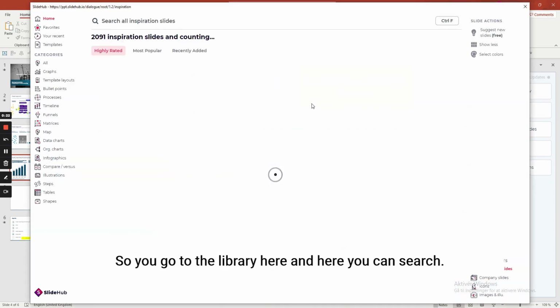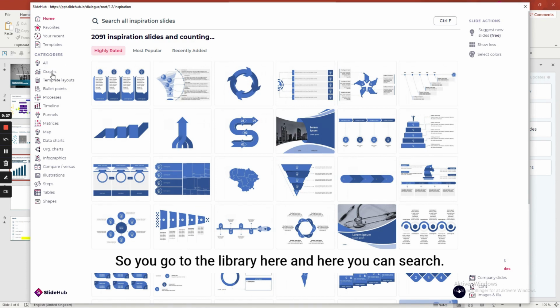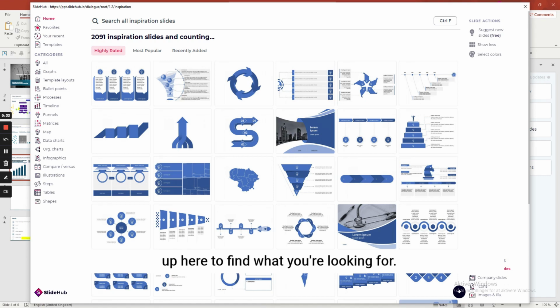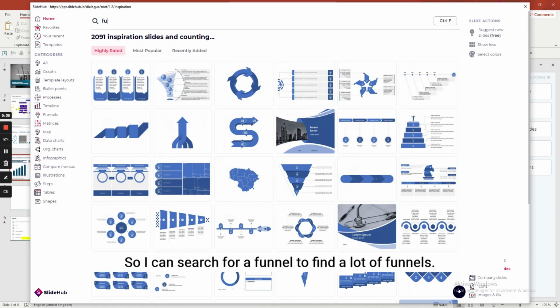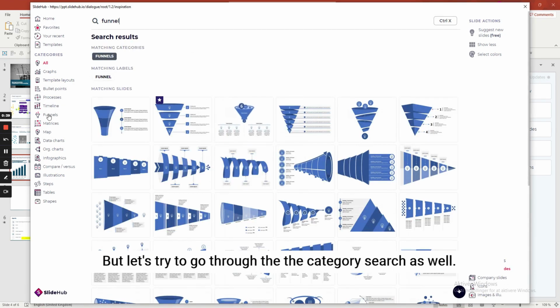So you go to the library here, and here you can search. You can either search by category, or you can simply search up here to find what you're looking for. So I can search for funnel to find a lot of funnels. But let's try to go through the